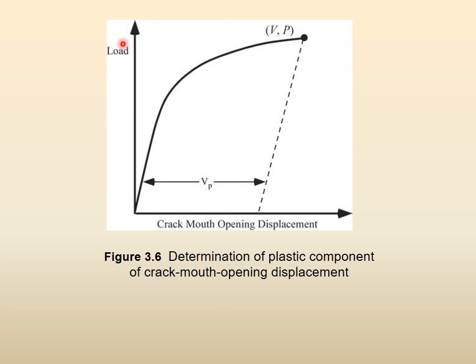So see, this is the load, and this is the crack mouth opening displacement. So as the crack opens more and more, right? So the load is there. Initially this is linear, then it becomes non-linear, right? So at any point, if you want to find out the plastic component, remember at this point the total is here. But if you draw a line parallel to this one, then this is the plastic portion. So what we were saying is that we find this plastic portion only, and then we apply the previous equation to this.